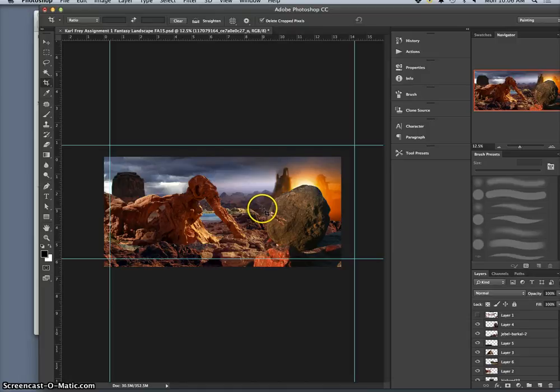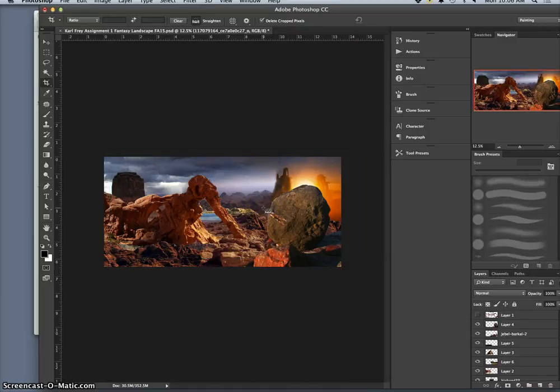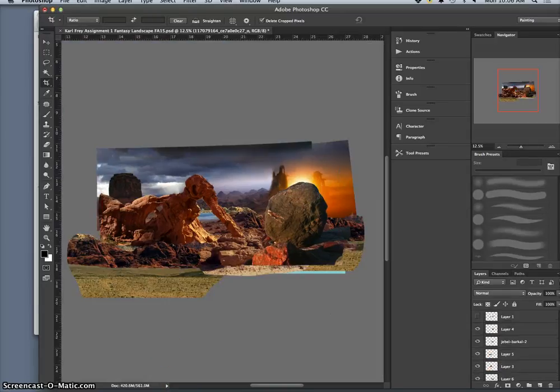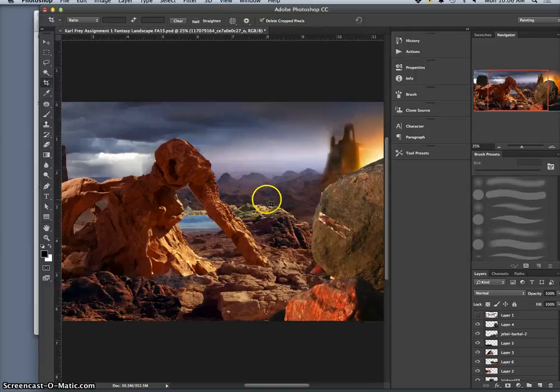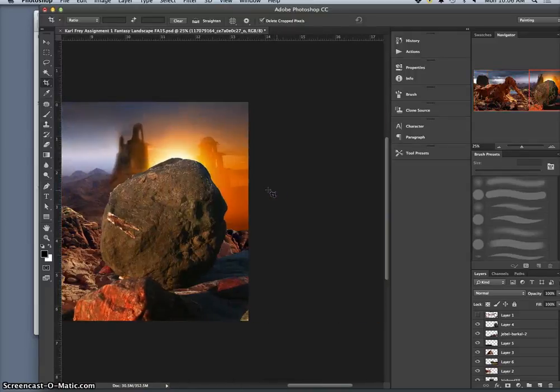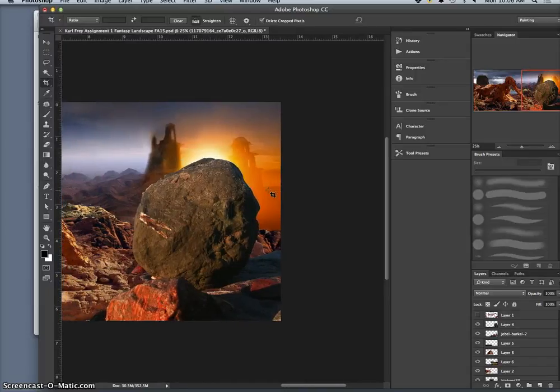You can turn off your guides by hitting Command semicolon. You can turn them off and on that way. Now that immediately took my memory down from more than half a gig to only about 300 megabytes with all these layers, and only about 30 megabytes when it's flattened. So not bad. So this is much more workable, and now I'm really focused on kind of finishing it off,